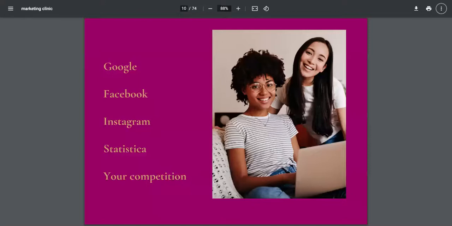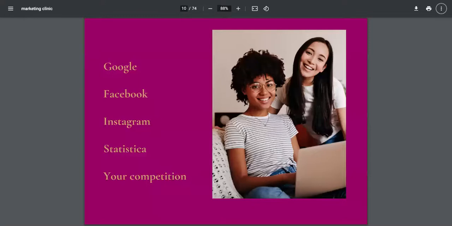Google will give us the answer. Okay, so with Google, of course, you can ask how many Black women run businesses in the UK, or you can use things such as Google Trends, which provide you with the type of searches that people use at a certain time within the country or within a specific location. So I'm based in Manchester. You can use that as well.